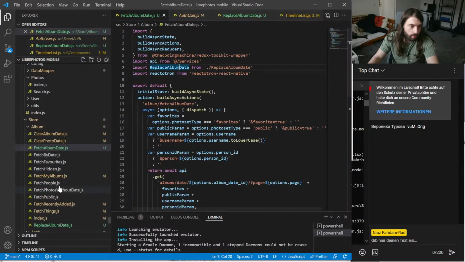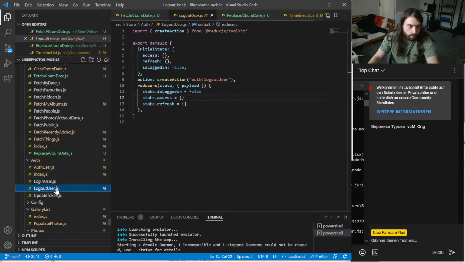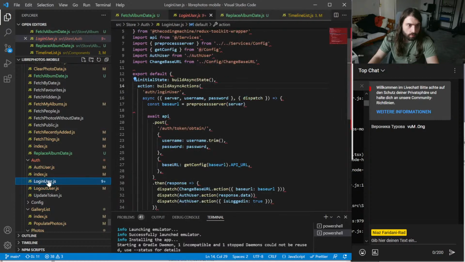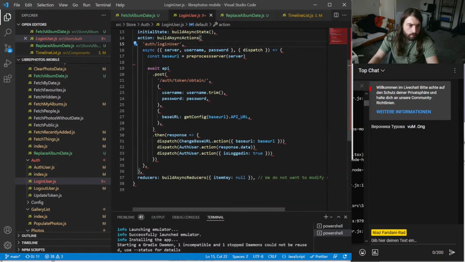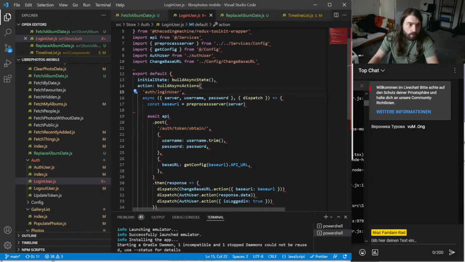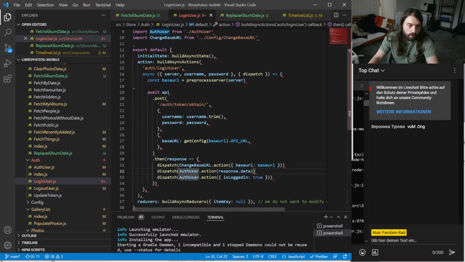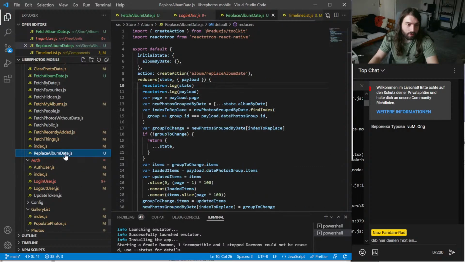Okay. Dispatch, so change base URL, auth user. So that's still pretty much similar, right? That's so annoying.